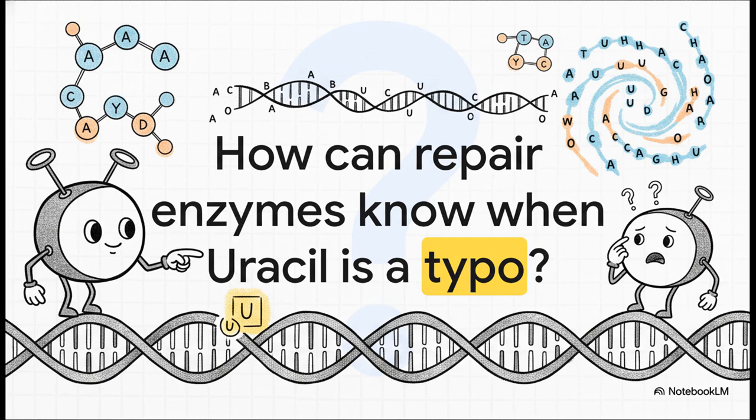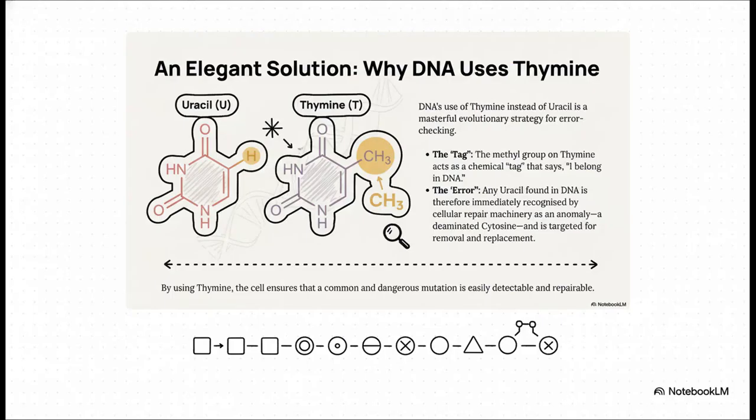The cell has these repair enzymes that are constantly patrolling the DNA, looking for errors. But if this little repair enzyme finds uracil, it faces a critical question. Was this uracil meant to be here, or is it a mutated cytosine? Since uracil is a perfectly good letter in RNA, how on earth does the DNA repair system know it's an imposter? And the solution? Oh, it is just